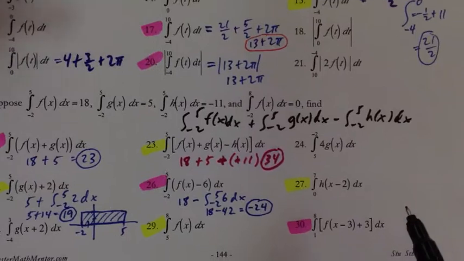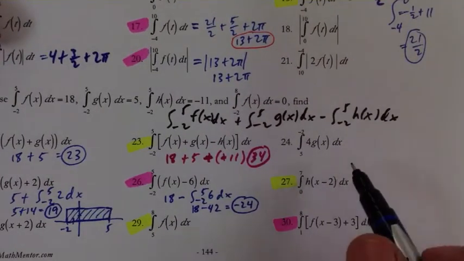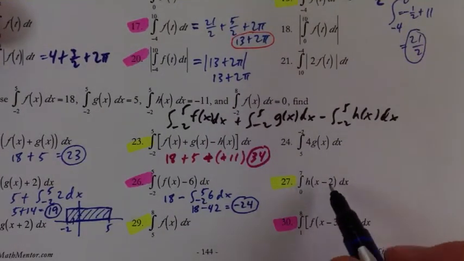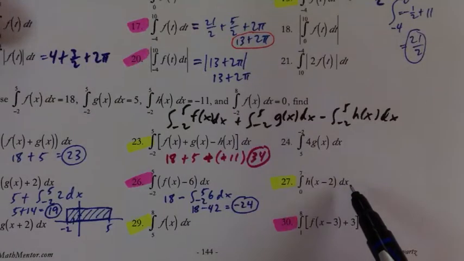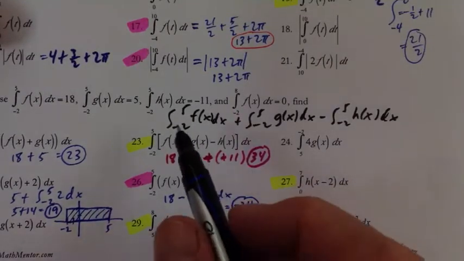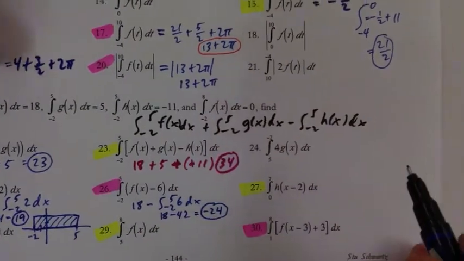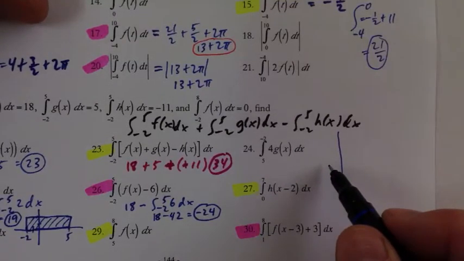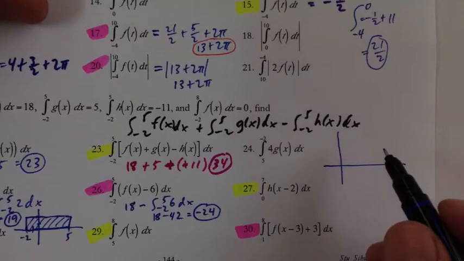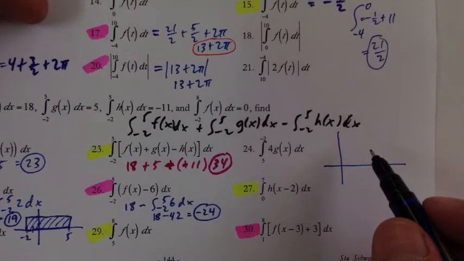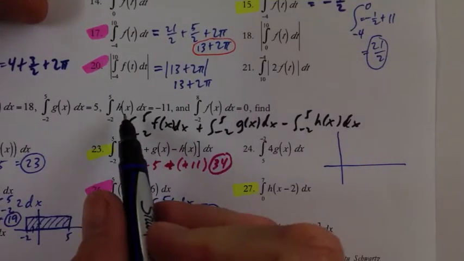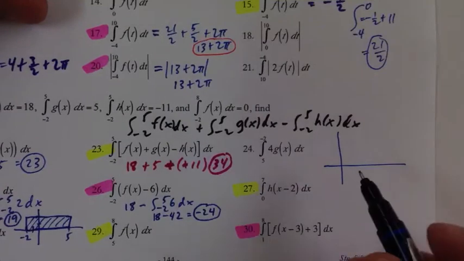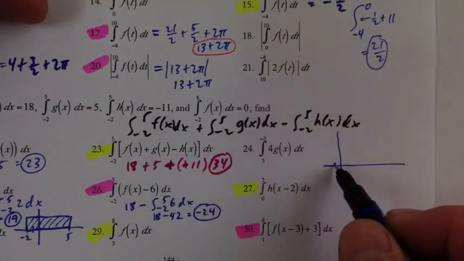Now this next one's a little bit tricky. 27. The integral from 0 to 7 of h of x minus 2. Well, keep in mind, let's draw a little picture of what's going on. This is a great problem. I love this problem. Okay. If we put h of x somewhere, we know that the integral is negative 11. So what I like to do is from negative 2 to 5,